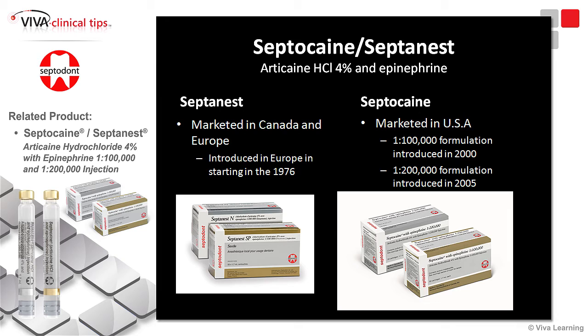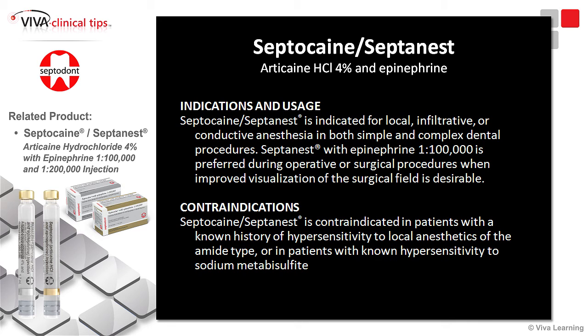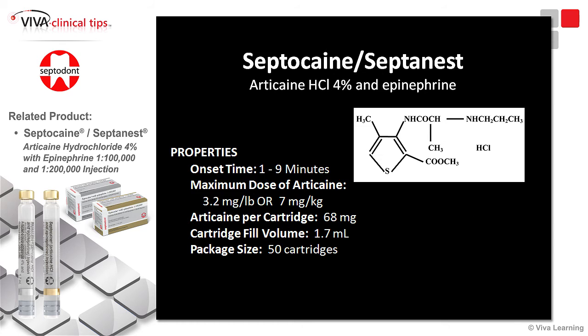It gets people really numb really quick. The breakdown's pretty quick in most people. So we'll use it really only for infiltrations: operative, oral surgery, endo, even implants when they're placed by my surgeon, always using Septocaine. There's really no contraindications to it, except for the fact that we typically do not give mandibular